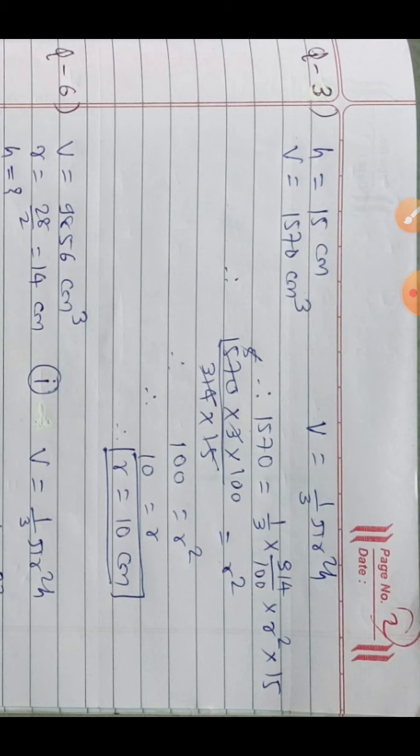So 100 is not our radius answer. That is R square. If you get the square of any measurement or parameter, then you have to take the square root. So we take the square root, R becomes 10. So R equals 10 centimeter. This is quite the opposite way. Instead of asking volume, they gave volume. Something was missing, R was not there, and we found that. From any one equation you can find any one missing variable. So we found R.